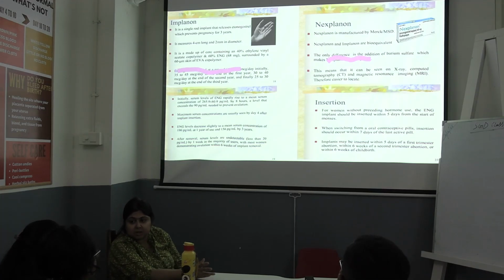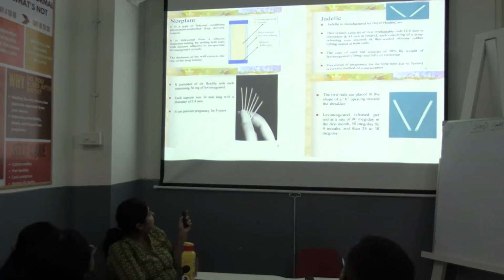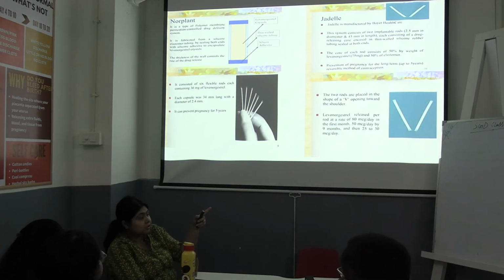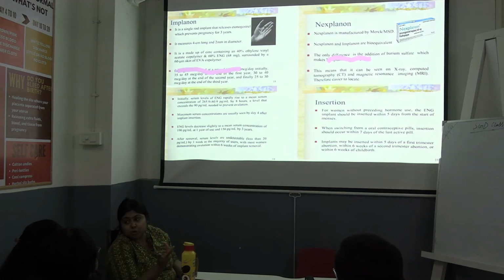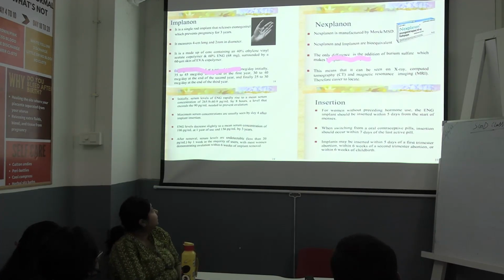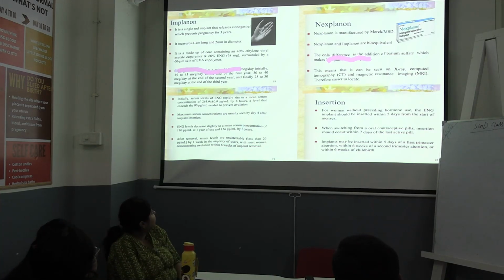That's why we say, even if it is potent, for this we used to have 6 rods. For this we have 2 rods. For this we use only 1 rod, right? The amount of the hormone we use is less, but the contraceptive efficacy we are getting is more. So that means the molecule is more potent. It releases 35 to 45 mcg per day in the first year and 30 to 40 mcg per day in the second year.